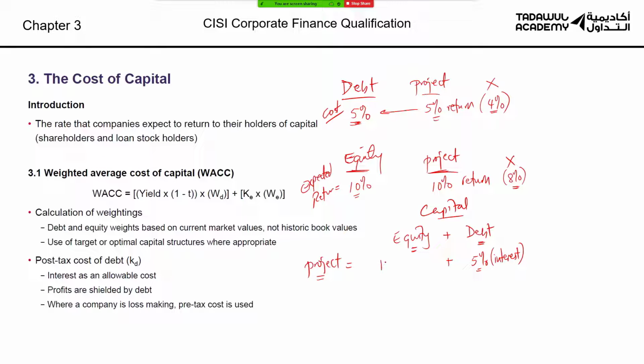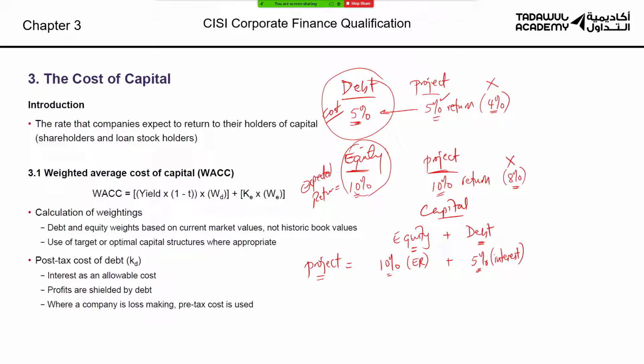So your shareholders are expecting a 10% return. This tells me that the project should cover both the cost of debt and the cost of equity. Now keep in mind, you are not going to cover all of the 10% or all of the 5% because you're not going to use all of the debt. If you're going to use all of the debt to finance that project, then it has to bring you at least a 5% return. If you're going to use all equity, purely equity financed, then it has to return 10%.